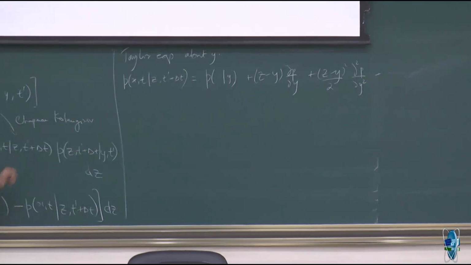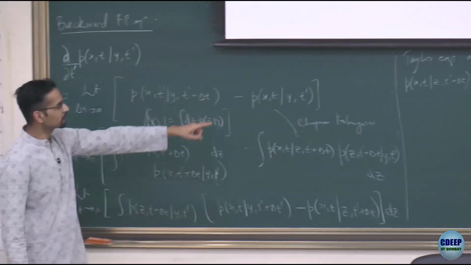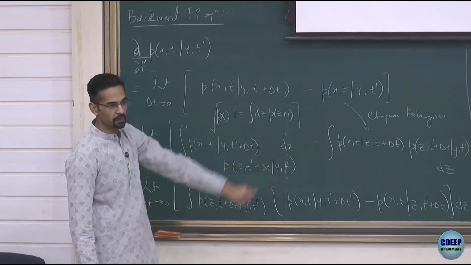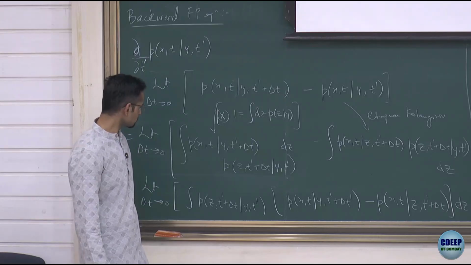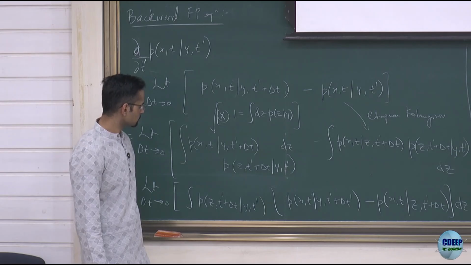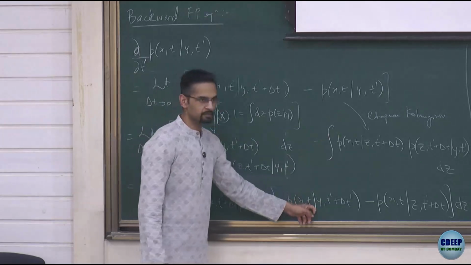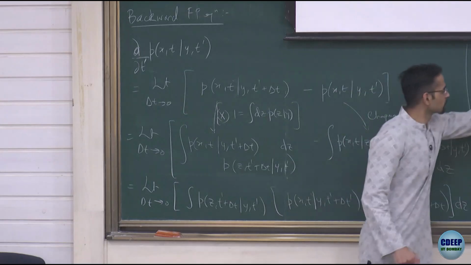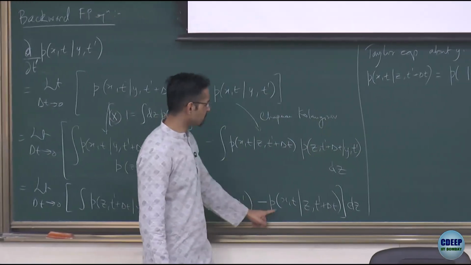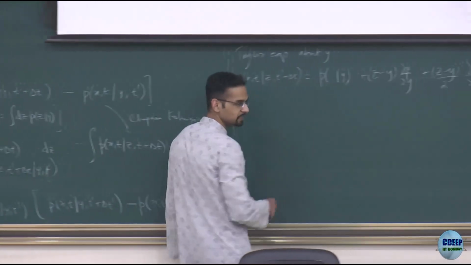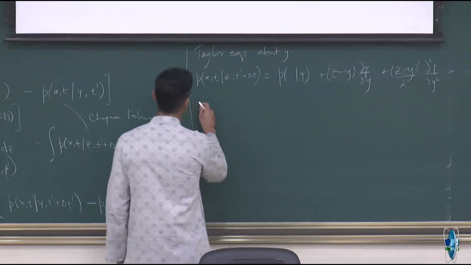So when I substitute back here, I'll directly get dp by dy times A, and d square p by dy square times B by 2. And of course, this p of y will cancel with this because it's a difference. So this will cancel with this term, and then I'll have minus of those two terms, and they will give me A and B. Finally, I'll skip the details; it's exactly the same as before. So I'll get the final equation,